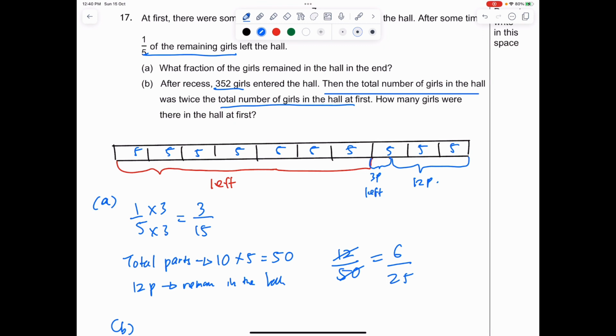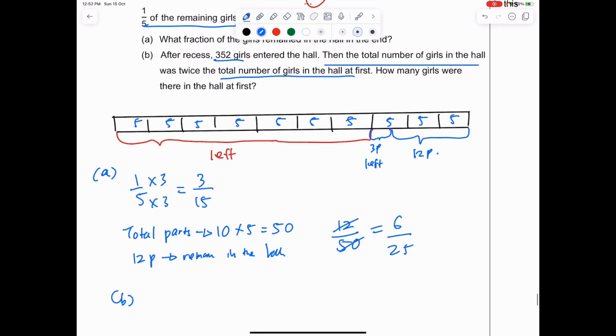So in this case, we need to look at here. They asked how many girls were there in the hall at first. Okay, so for part B,